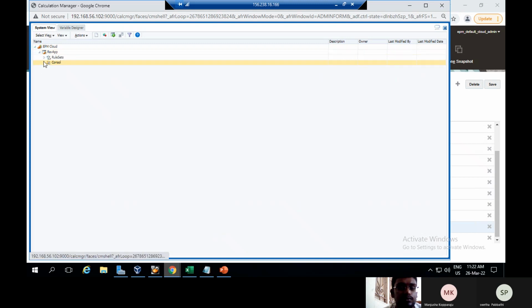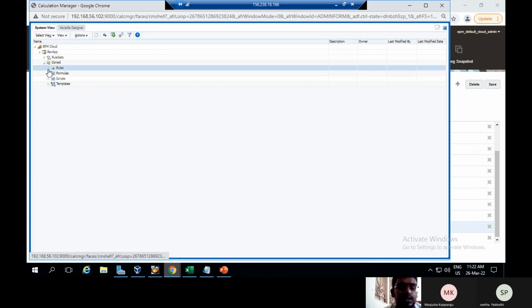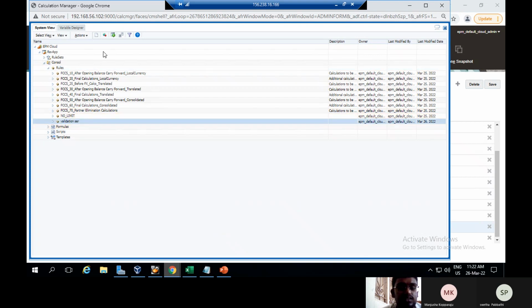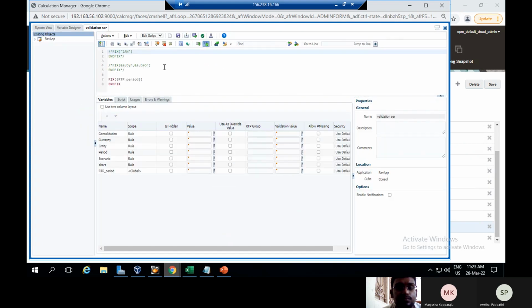Going to console. See here, these are the rules which I created, which we have in the application. The rules which start with FCC underscore are predefined. Those without FCC underscore are created by us. For example, I double click on it and it will open. This is the prompt we can see here. In the prompt, they are asking